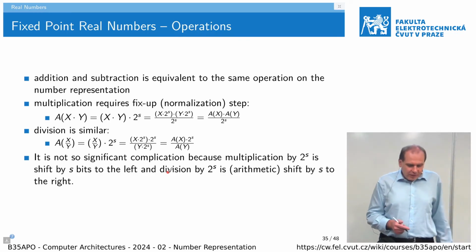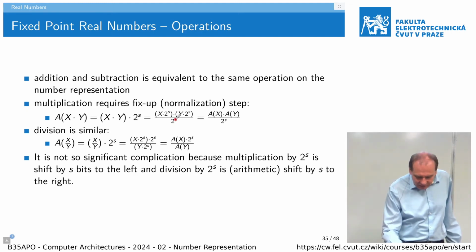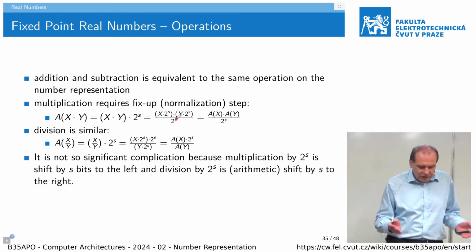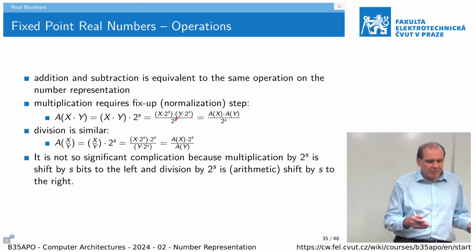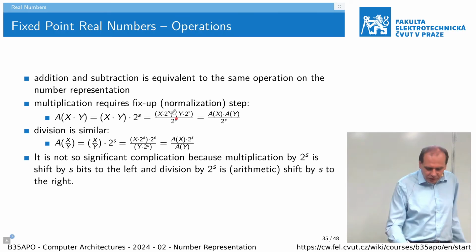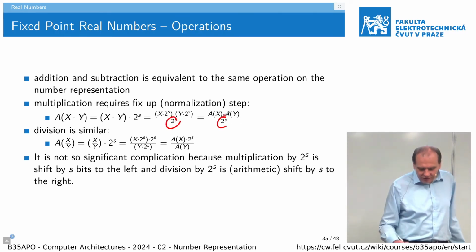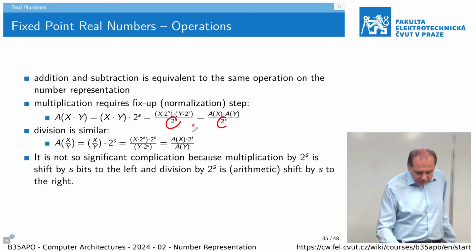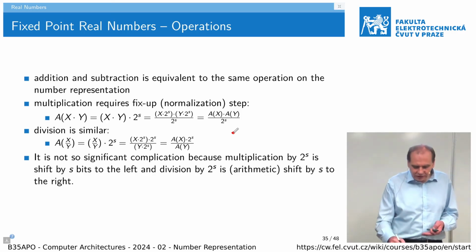Okay. If we want to do the operation, then as I have said, a correction is necessary after the multiplication. If we do addition, it is the same, because both numbers have been multiplied by the same factor. So the result is again multiplied by the given factor. But if we do a multiplication, then we need to do the correction. If we do a division, again, we need to multiply it by a power of 2, or that constant which is used